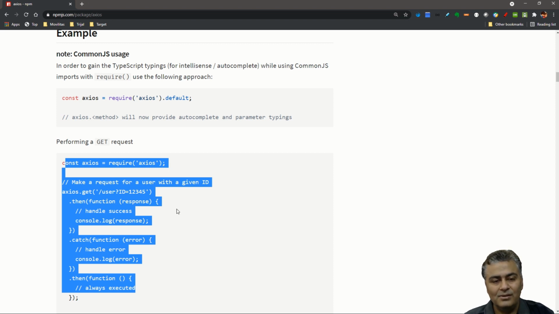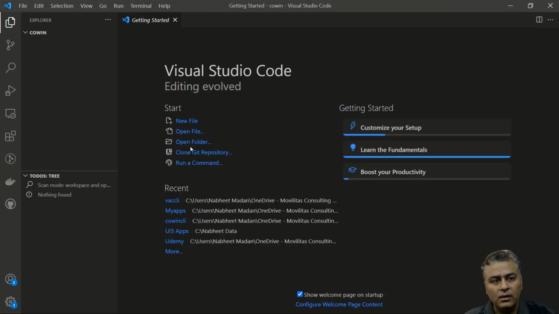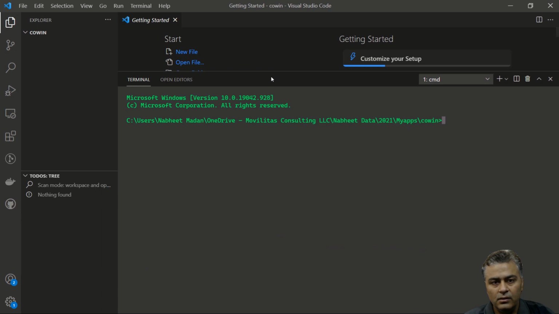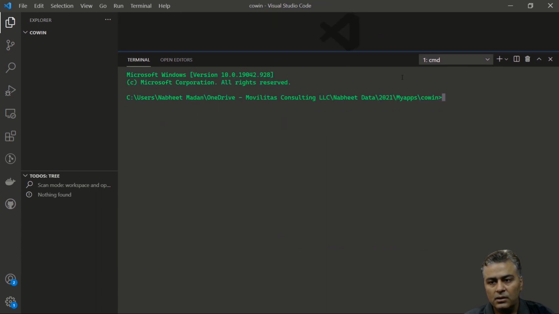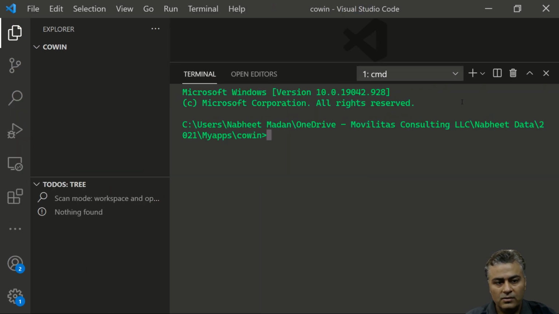So let's first set up a Node.js project, and then we'll install these dependencies. For that, let me quickly open this folder I've created, cowin. Okay, and let me quickly open a terminal. Let me make it a bit bigger. Okay, I hope you are able to see. Yes, so let's first make it an npm project, right? For that, you can run npm init,